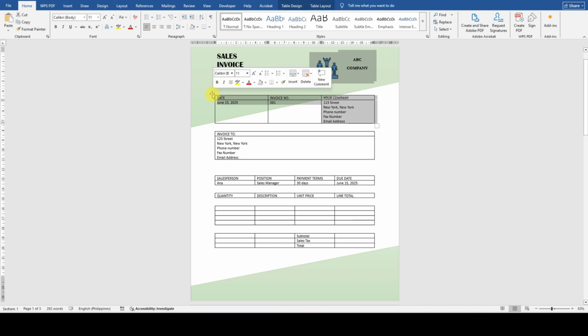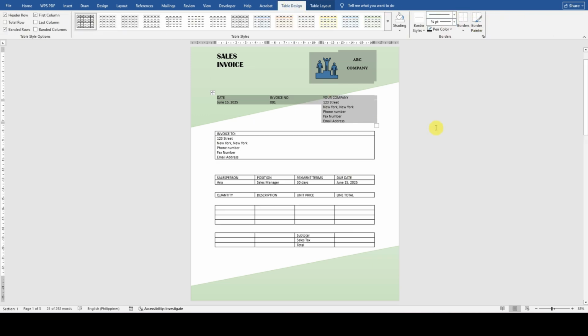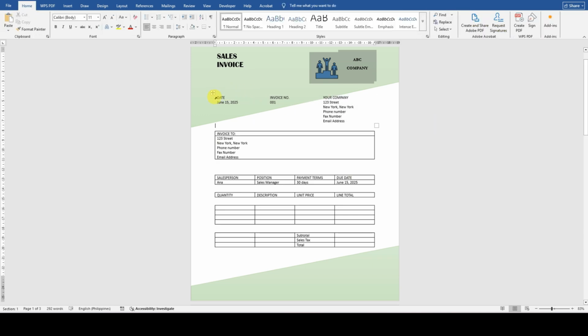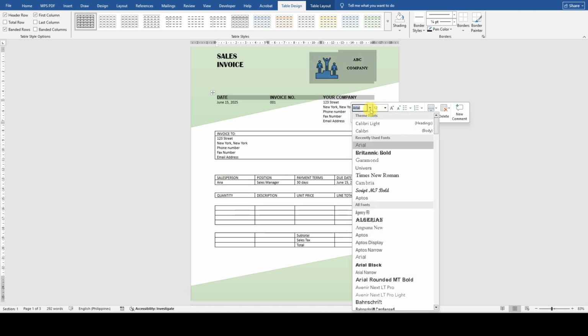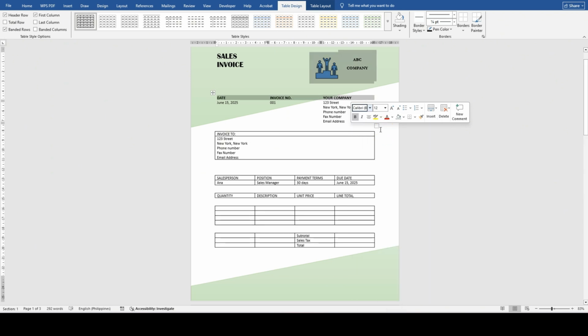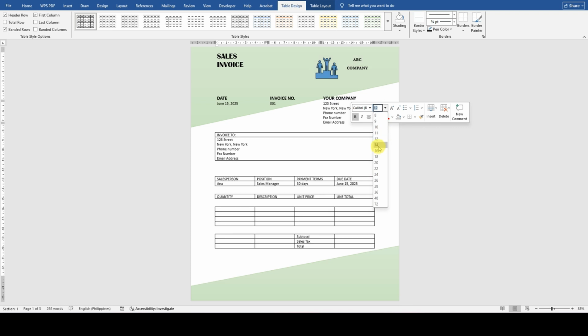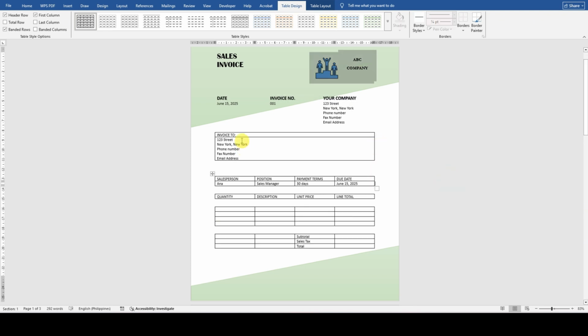Then let's move on to the next table. So just click this little square, go to table design, and then click on no border. Of course, you can always change the font size and the font style. Let's choose Arial and then 12, and then let's choose another one. Calibri. Let's choose this one instead. Let's make it a little bit bigger. And then here we can also